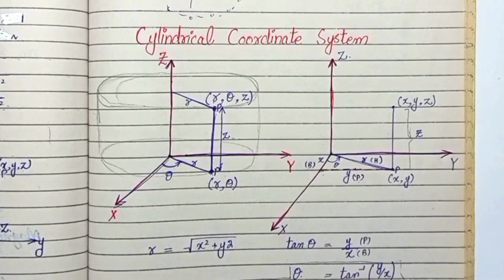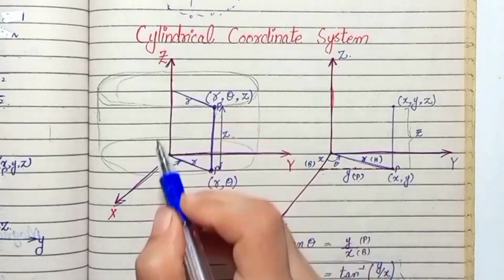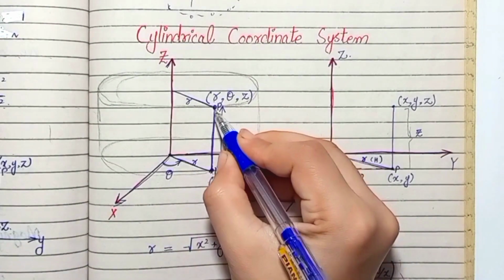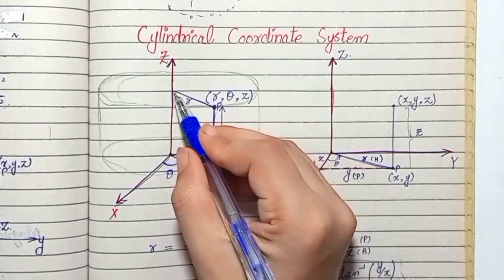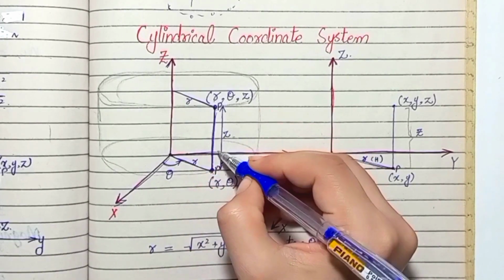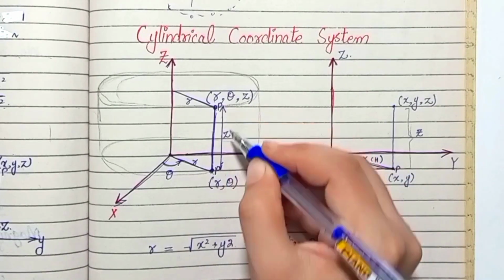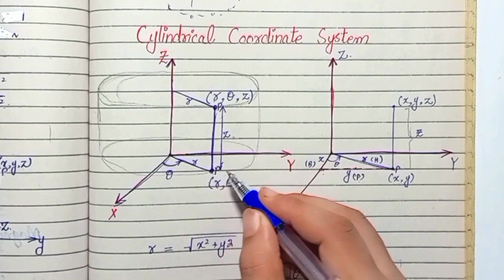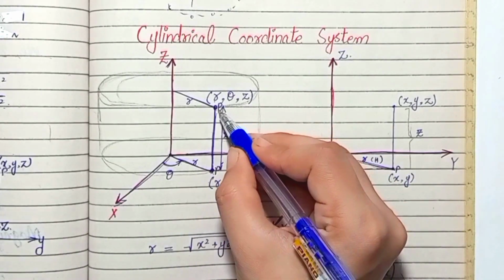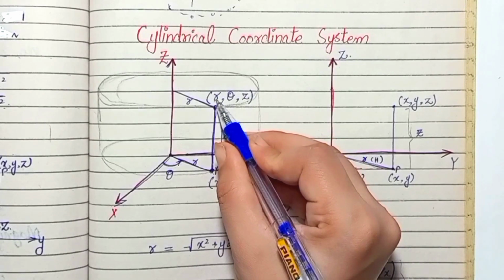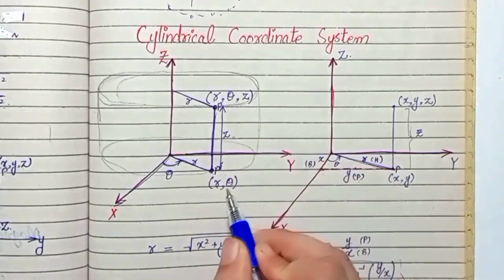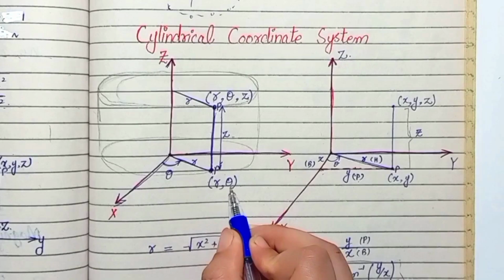Coordinate system. The Cartesian coordinates x, y and z plane. We have the point P, which is at the distance r from the z-axis, and this is at the height z from the y-axis. This point has a shadow which will be called P dash. This point P will be defined in terms of polar coordinates as r, theta and z, and this point will be defined as r and theta.